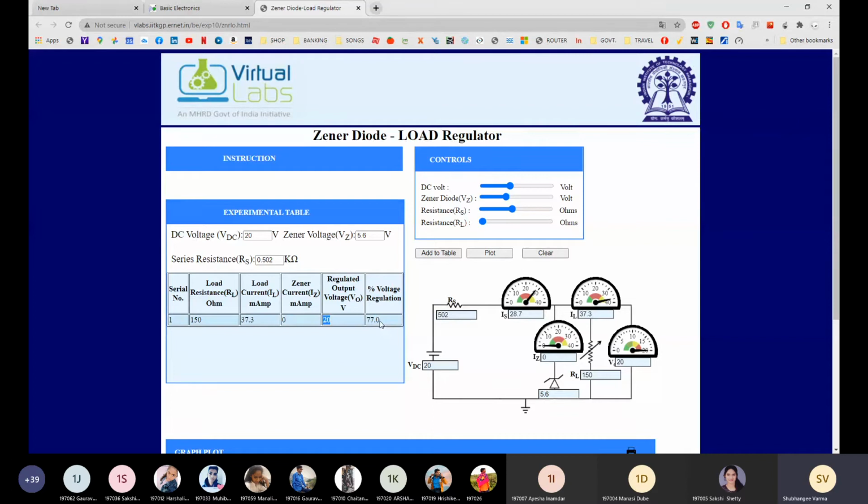And here you can see your regulation is high because your load is less. Now what will happen if we increase the load? Now load is 150. After 150, make it 300. First we will take 300. 150, then 300.